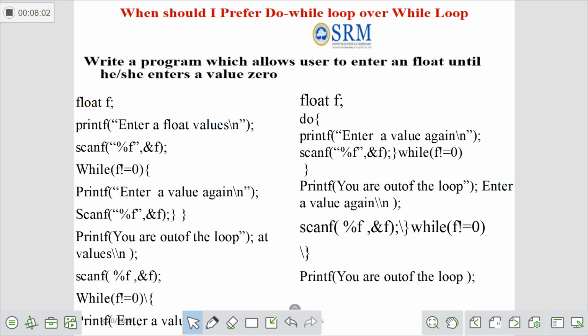The loop process is repeated until f equals 0. When the condition fails, it exits from the do while statement. So this is an example of while and do while statements. Based on scenario based questions, you should identify which statement is suitable for that scenario, whether while loop or do while loop. According to that you have to analyze, then apply the knowledge.